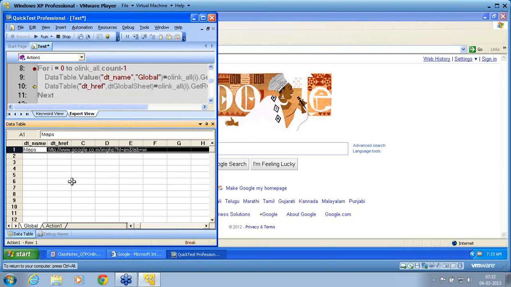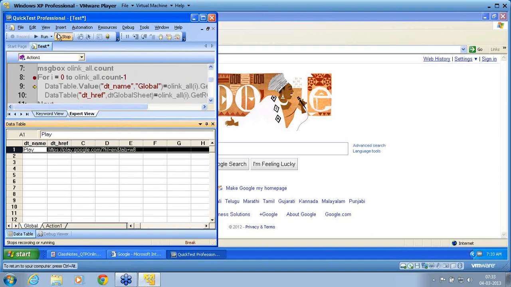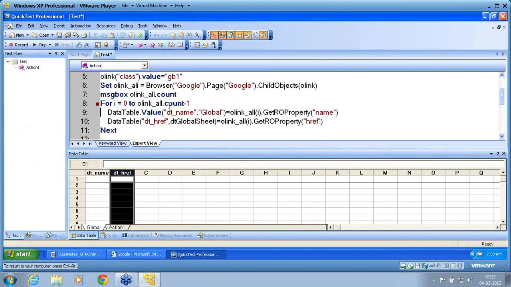I move to the second. You can see now he is overwriting onto the same row because we have not set the row count. So he is overwriting onto the same line. This explains the question, if I don't use a set row count, what happens? I have not used a set row count. The pointer is in the first row and keeps adding on to the same row. So I stop now. I move the pointer.